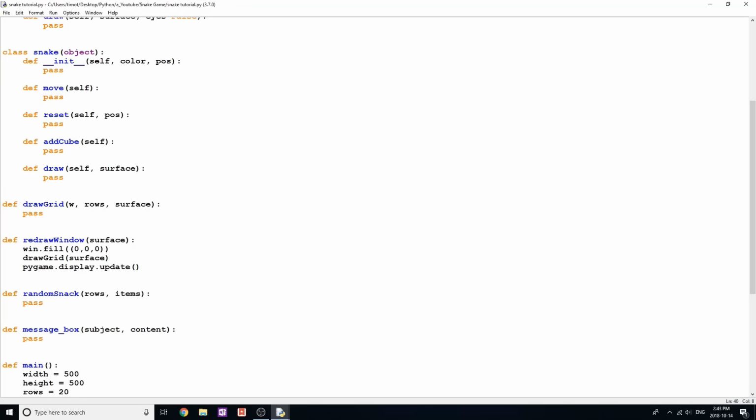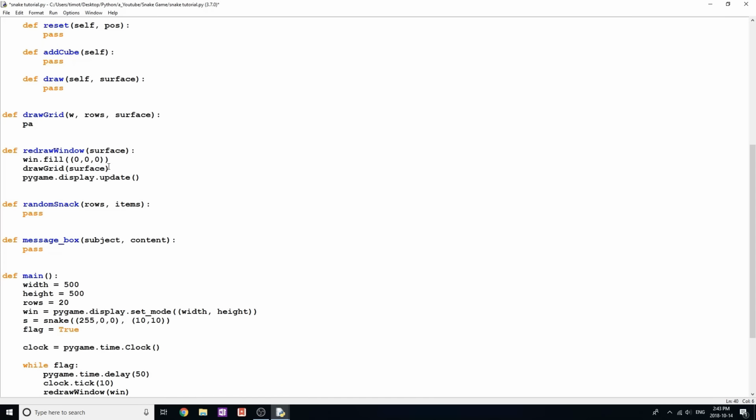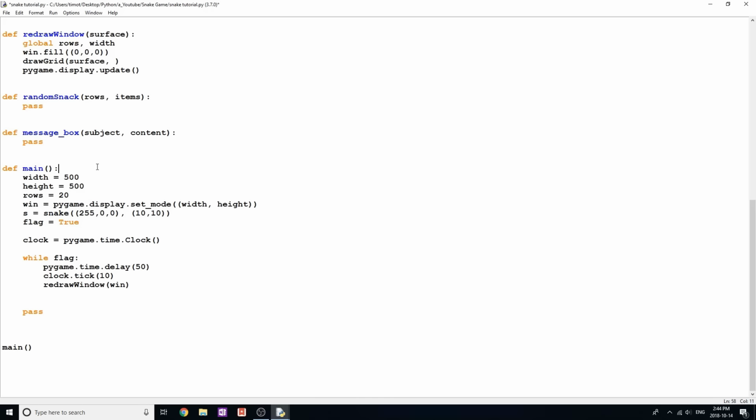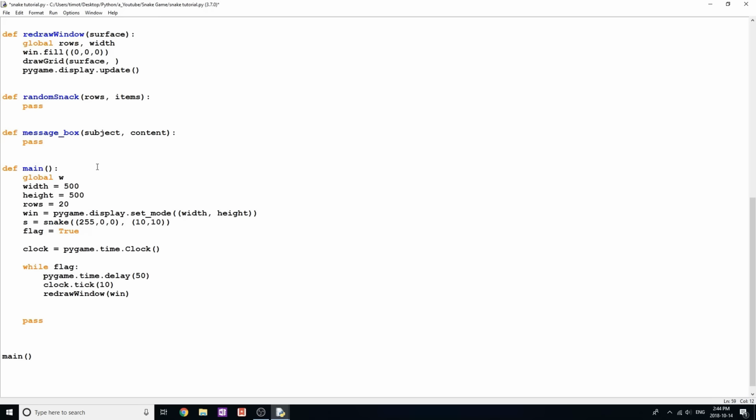What we need to do here is draw a grid, which is pretty easy to do. We're given rows and surface. So it would probably be a good idea if I actually passed in the rows and the surface. I'm just going to make them global here so that I can reference them. We'll do global rows and width like that. I don't want to pass them in every time I draw a grid, so we're just going to say width,